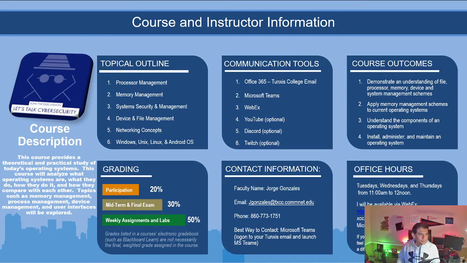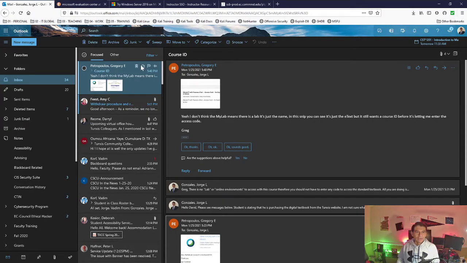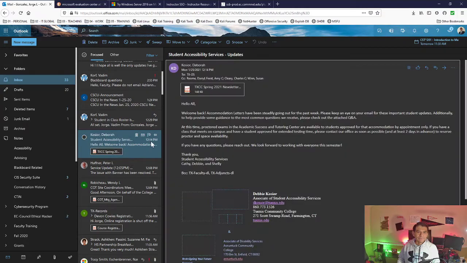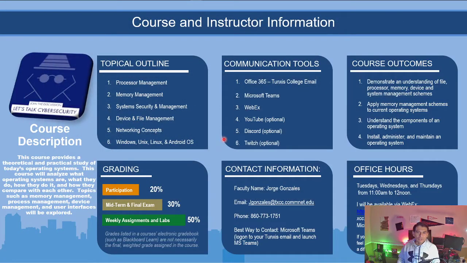You should see something like this. So if you're opening that in a browser, you will see your email opening up on the browser of your choice. Then Microsoft Teams, that is a key component of what I use for communications.